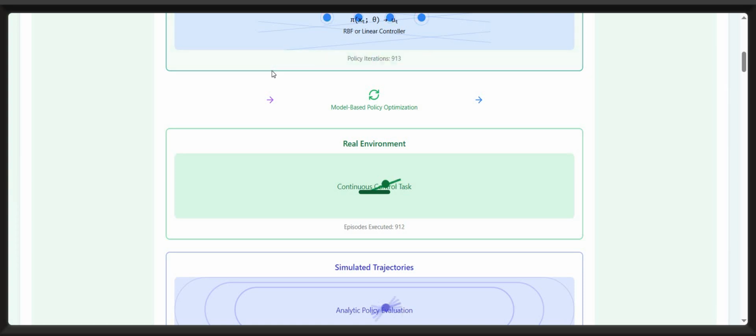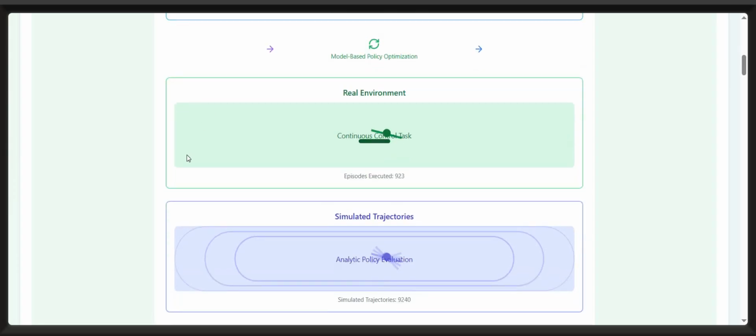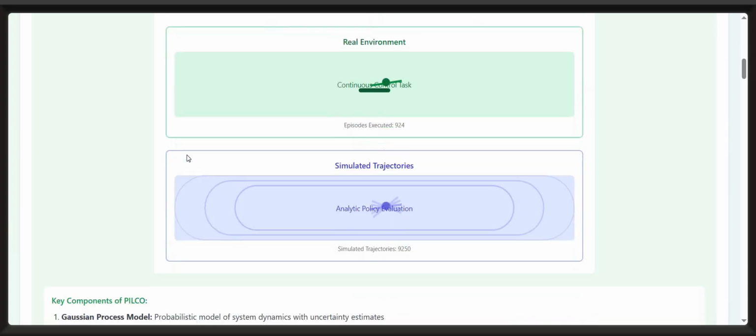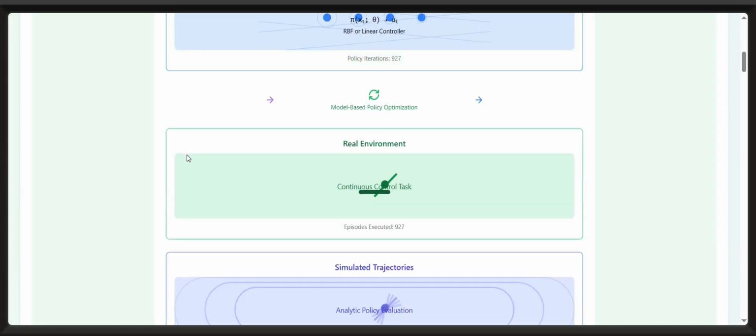Now between these two components, the dynamics model and the policy, there is this loop going on. So here is how it works. We learn the model, we use it to simulate possible outcomes, we optimize the policy using those simulations, then we apply the policy in the real world, collect new data and update the model again. This whole loop keeps going. That loop is what we call model-based policy optimization, and it is based on the idea that we can improve our actions using what we have learned about how the